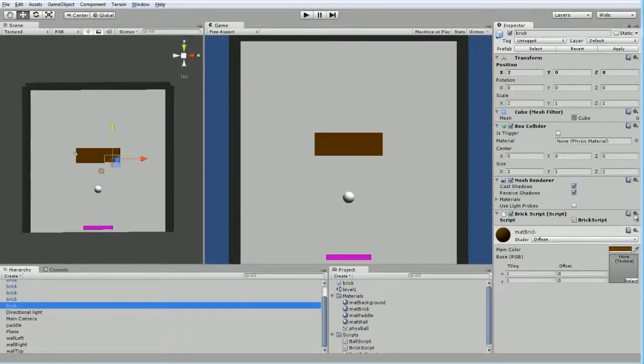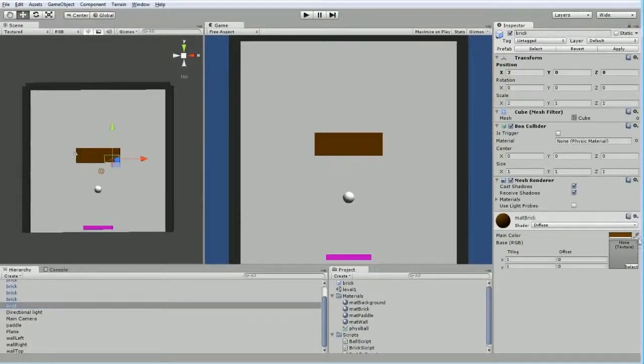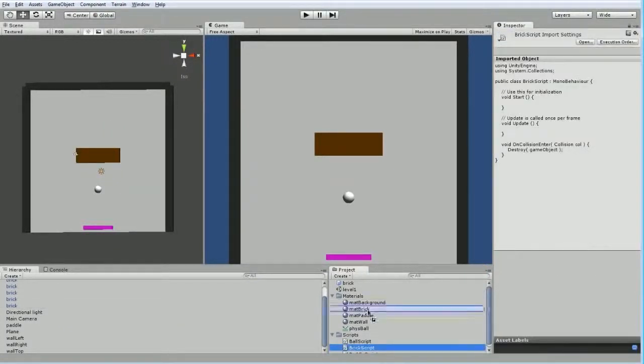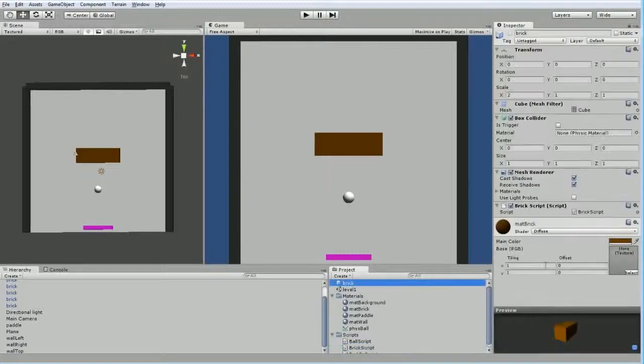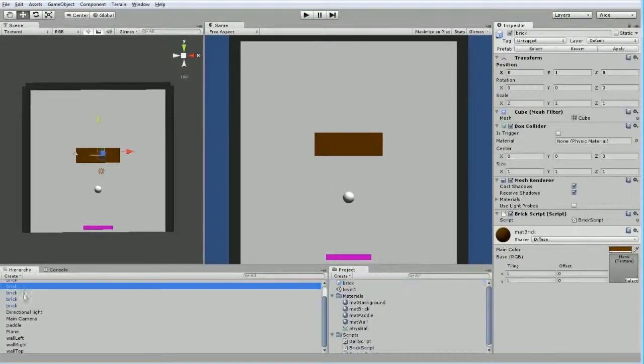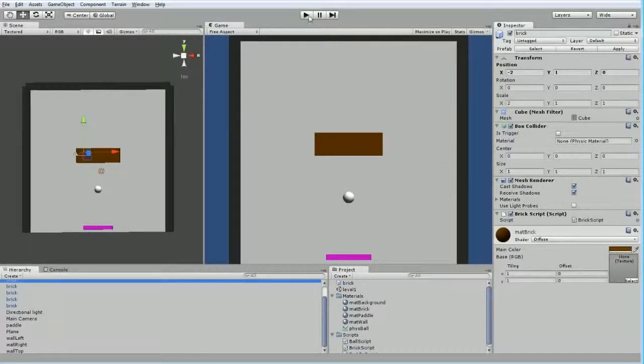or let's just remove it, because I realized when you undo, it'll also undo like selections. So I'd hit back. So I've removed that script. What I can do is take this brick script and drag it directly to the brick prefab. So now the prefab has the script, and so do all the others. So now if we run this,